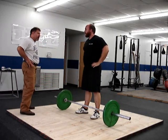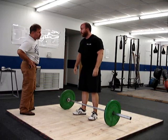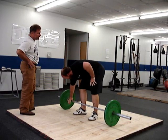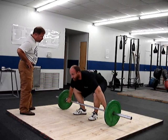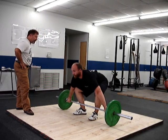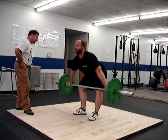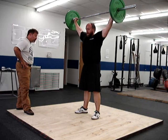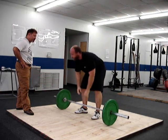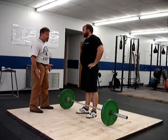Excellent. Now, just drop it. Good. 2nd rep. See how close you can keep it to your legs, all the way up from the floor. Nice and close. Keep it right over the balance point, all the way up. Push it back, chest up, pull. Just exactly right. Good. Little balance problem there, but that's solved with experience. And that's the basic procedure. It's not any more complicated